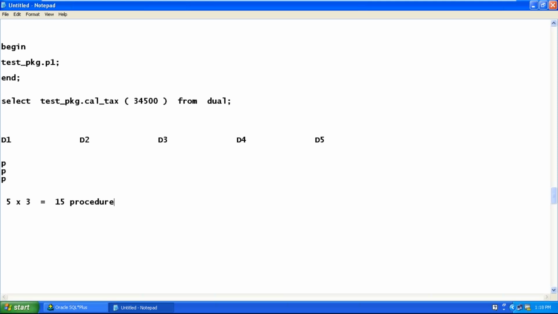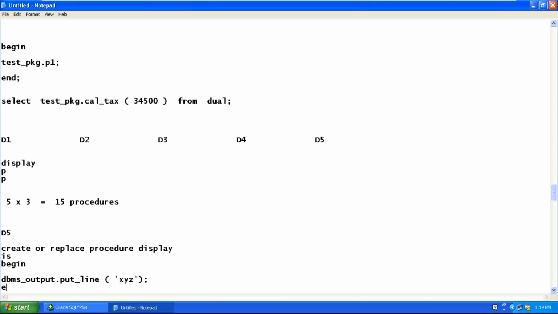Now, assuming developer 1 has created a procedure display. The procedure is created, happy. What will developer 5 do? Look at the code. Create or replace procedure display is begin, some extra code.